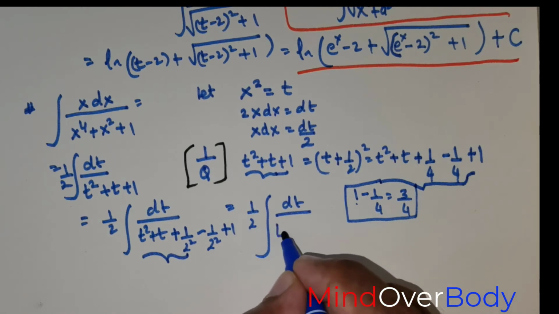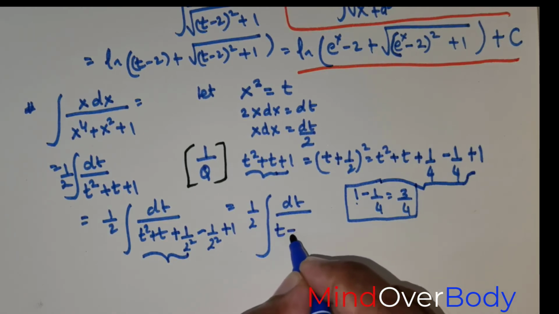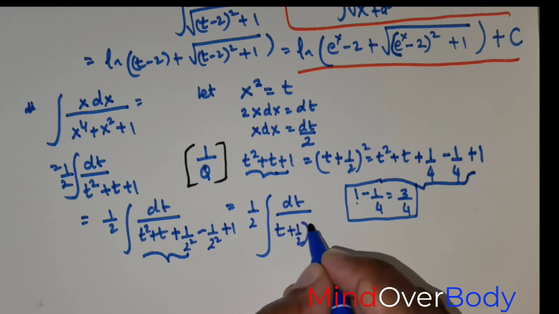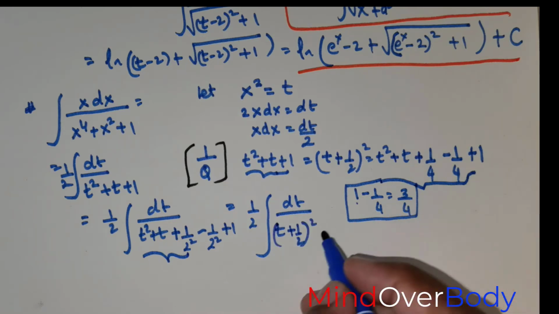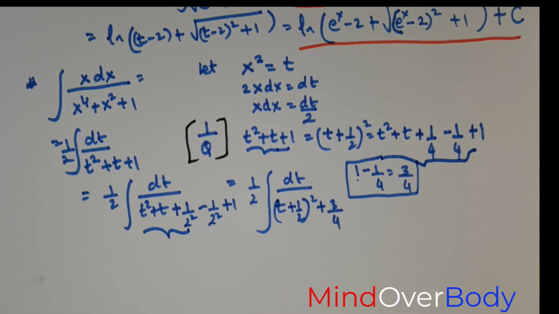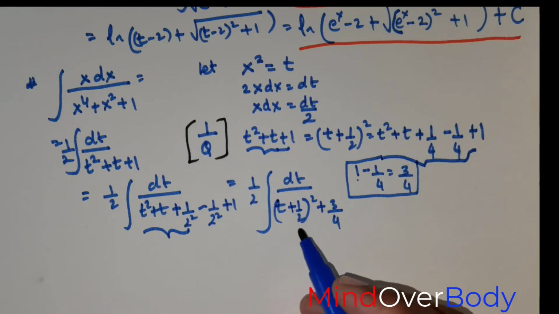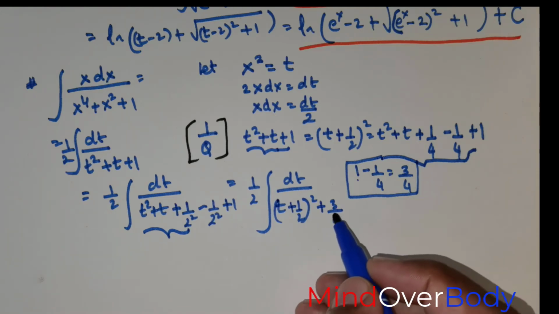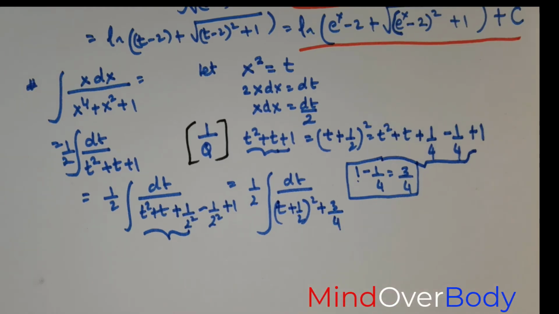So this is going to be t plus 1 over 2 raised to the power of 2. That's fine. And followed by plus 3 over 4. So that's perfect. So now the most important thing is that we need to